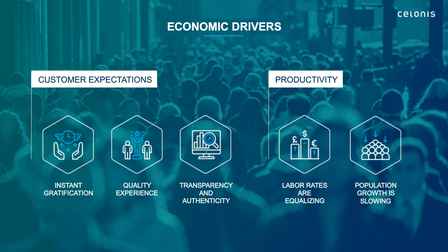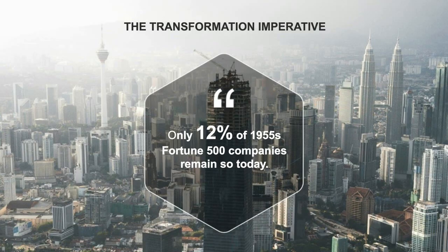This is tremendous for the world, but it's tough for business because it means we can't simply look for low-cost labor to drive productivity. We need to find new ways to drive productivity, and simply put, we need to do more with less. And this creates what we call the transformation imperative. And what this means is,